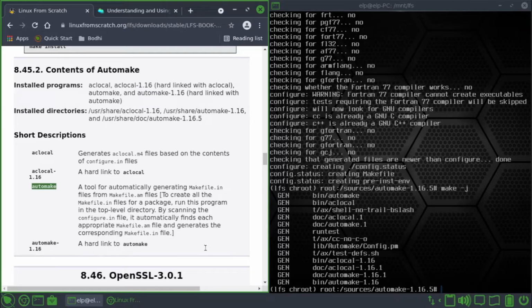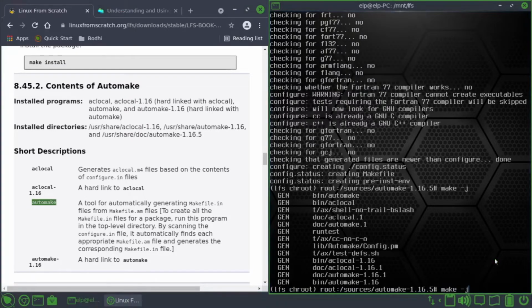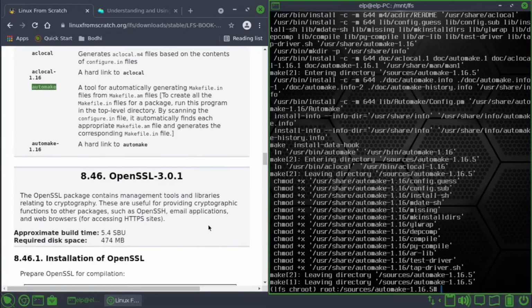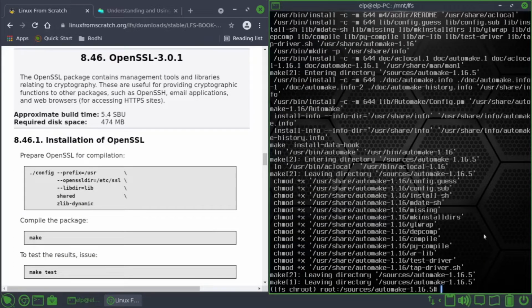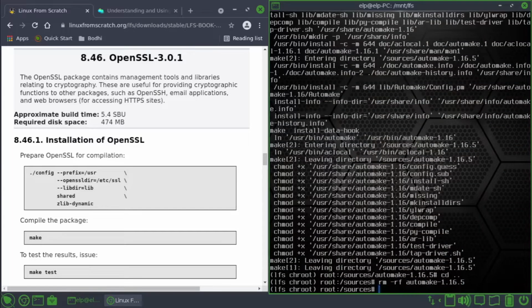That's fine. Now that we have compiled it, now we will install it. Make install. Okay, now we're done with automake. Then come back, then remove the automake source files, then tar xvf for extracting